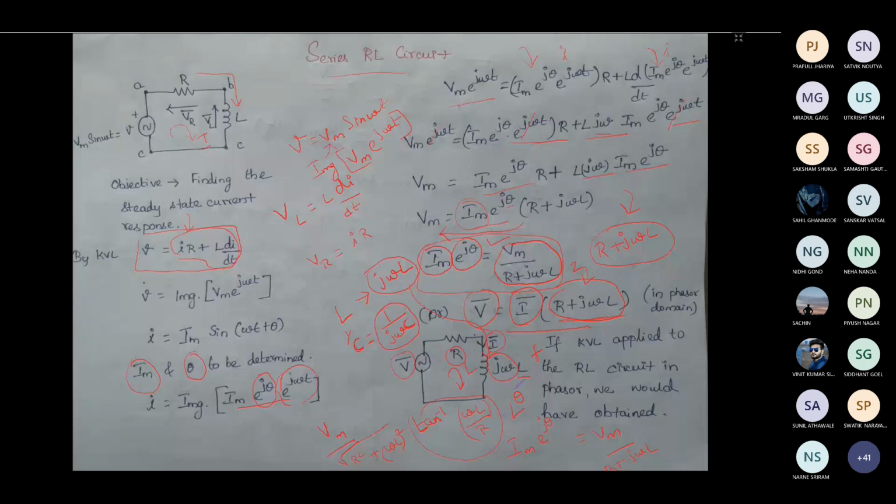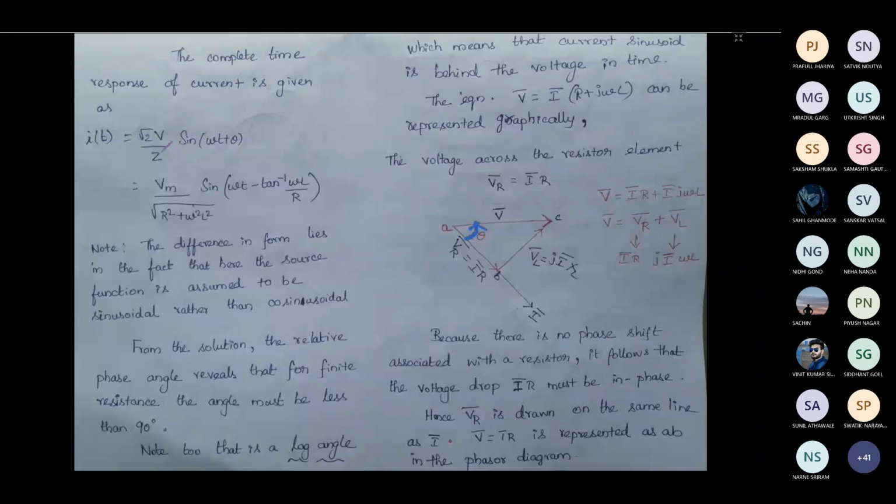So now this theta is in the denominator, plus theta is in the denominator, that you can take to the numerator, that is given by angle minus theta. Okay, so now this is the magnitude. So this is the peak magnitude and this is the phase displacement between the voltage and current. Okay, so from this we are going to write this expression. So this is the peak value we have written in the previous slide, and this theta can be written by tan inverse of omega L divided by R. Why we have got negative is we got minus theta in the numerator, that's why we got negative here.